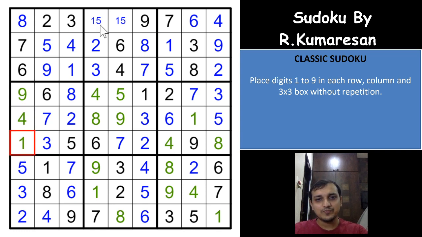And with that we complete the gorgeous, tremendous Sudoku by R. Kumaresan. I really enjoyed solving this Sudoku because it had a bug technique and it was a very good technique. The bug technique is always used at the end of the Sudoku where you have some 15 or 20 cells left, with one cell having exactly 3 possibilities and all other cells having 2 possibilities, right. So the number used the maximum number of times in the row or column will have to be the bug value, the value in the bug cell.